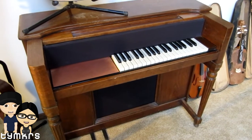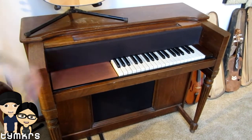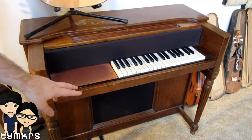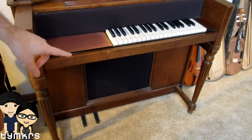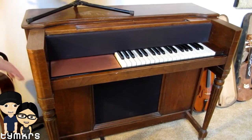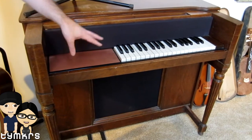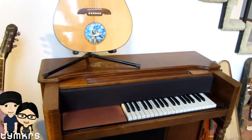We've rebuilt the case, gutted it, rewired the keys here to be able to do a custom key scanner, and built a new fall board and a new speaker baffle. And there's a new speaker in there, and we need to add an amplifier to the speaker. Then we've got this copper board here. Need to finish getting that all braced up and strong, and then we're going to build this into a big